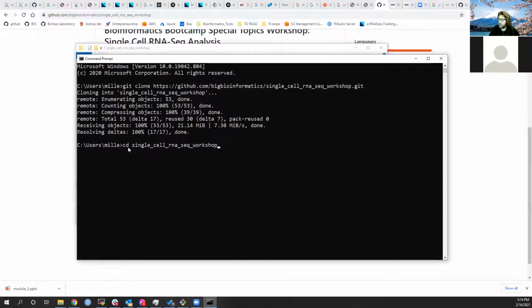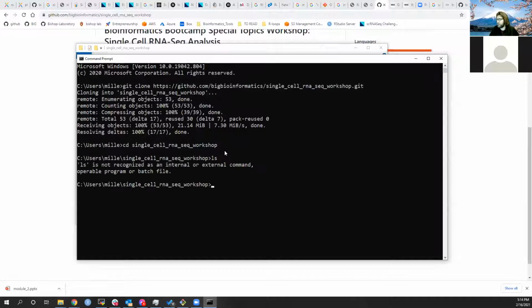Right, so I'm changing my directory to be the single cell RNA-Seq workshop, and I did that efficiently using autocomplete. So there I am now. If I look at what's in this directory by typing ls, oh wait, apparently I don't have bash set up, so my bad. I just got a new computer, so I guess I haven't set bash up yet, but that's fine. It doesn't really matter because all we're really going to do is run one command, which is git